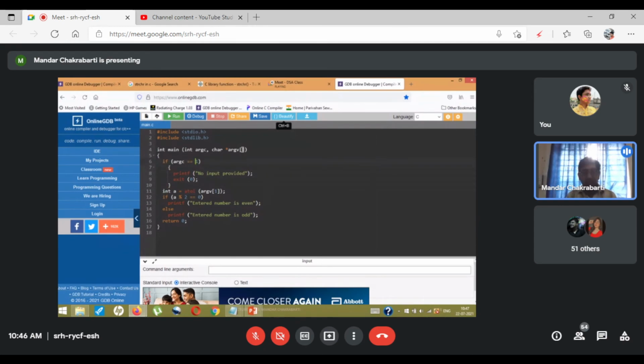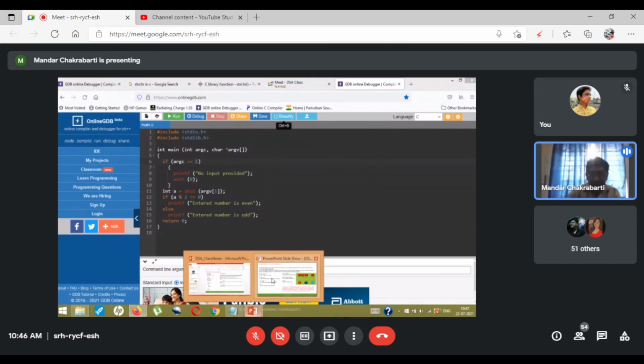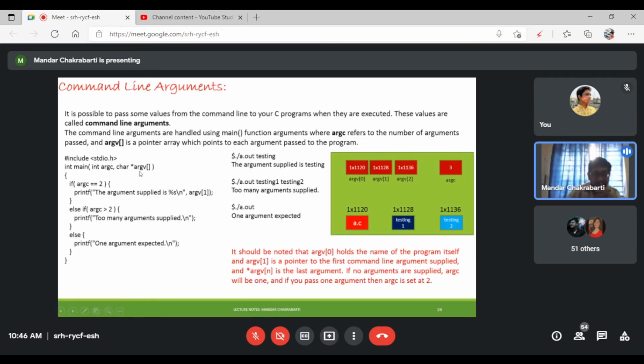Okay, so what's the thing that we had initially discussed: the first element, or the 0th element, in the argument values array stores the name of the program. And index number 1 stores the first data that I am providing. So that means